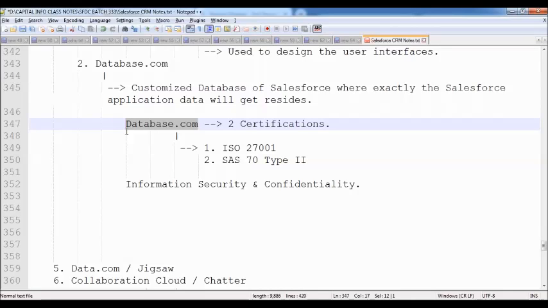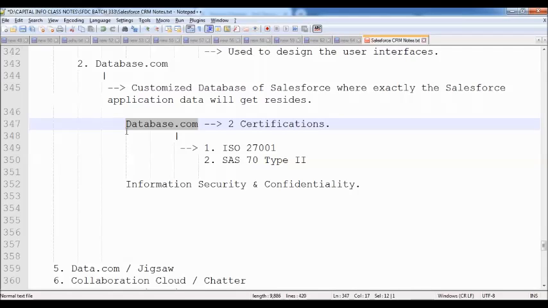If somebody is hacking the data, then Salesforce is responsible. Fine, okay, I agree with that. They are maintaining proper security, and I also agree with that. But nobody can expect environmental problems, and nobody can stop them. Like tsunamis, earthquakes, can we expect them? No. Can we stop them? No. Then in this kind of situation, if the entire database.com server has crashed because of earthquakes or tsunamis, then who is responsible?